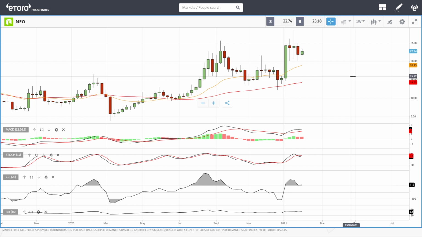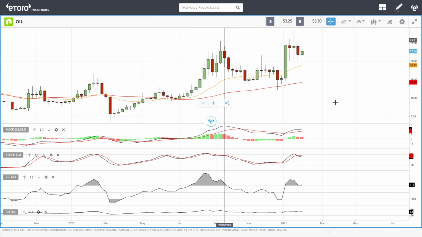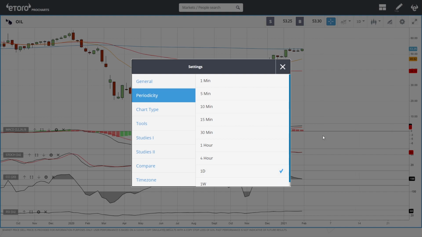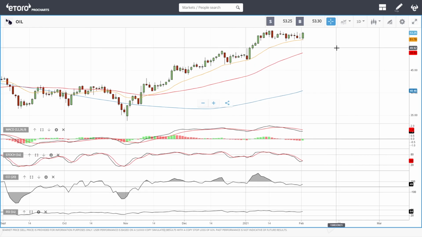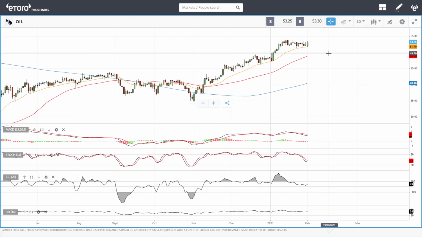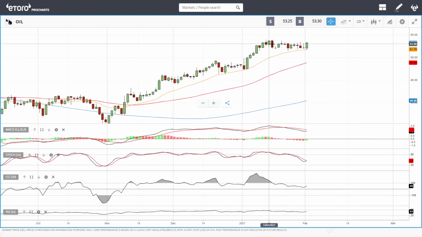So let's look at the commodities and precious metals market. We'll start by looking at oil. As you can see, we'll need to go to the daily chart. Yes, so we are up roughly 3%. I think I said this several times: we were going to trade sideways, we are going to hit the 20 exponential, and then we're going to pop to the upside. And we did that exactly here.